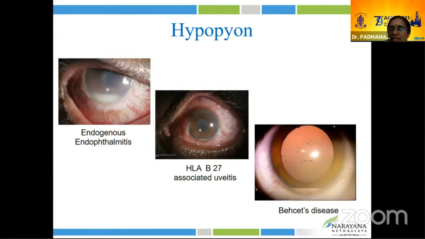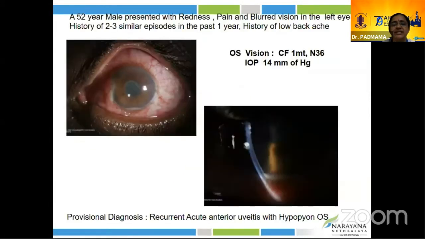In infectious uveitis, secondary endogenous endophthalmitis, the hypopyon will have a convex configuration associated with increased reaction in the anterior chamber with the fibrin, with the media haze and the posterior segment involvement. In HLA-B27 associated uveitis, we get sticky hypopyon with fibrin reaction in the anterior chamber. In Behçet's disease, we get free and mobile hypopyon. So based on this morphology, we can differentiate between these three entities.